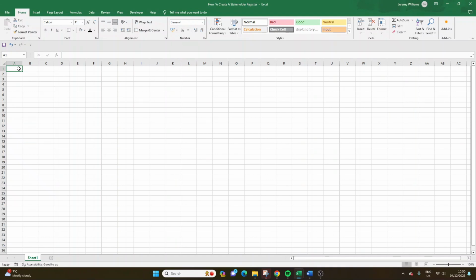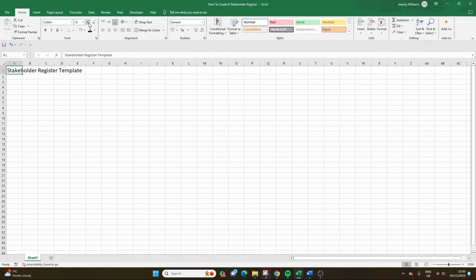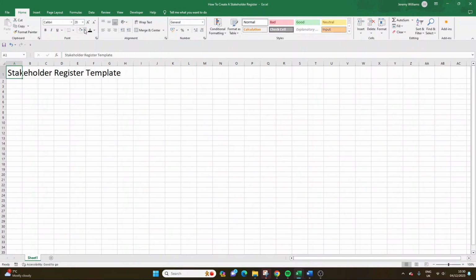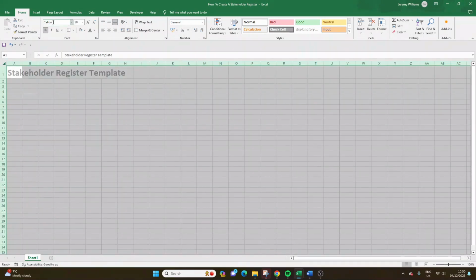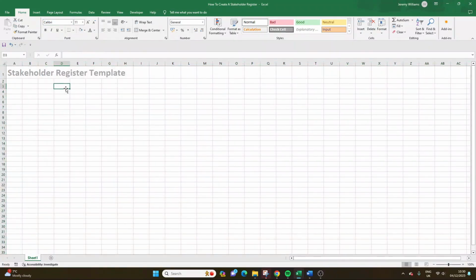So what I would first recommend that you do is just give your template a title. What I like to do is make it clear right at the top of the file. As an example, we're going to call this Stakeholder Register Template, make it very obvious exactly what this is so that anyone who opens it up can see right from the outset what they've opened. I like to put this in a grey. I think that's quite professional, and I'm going to use Calibri. I like Calibri. I think that's a very good font for this. I'll also be building this template with the grid lines on,